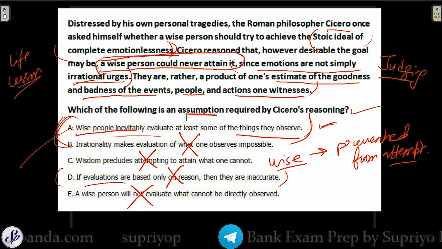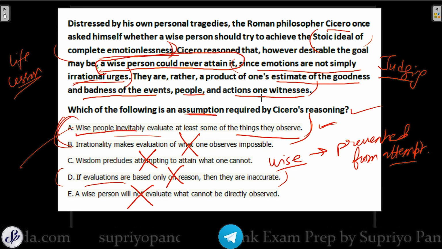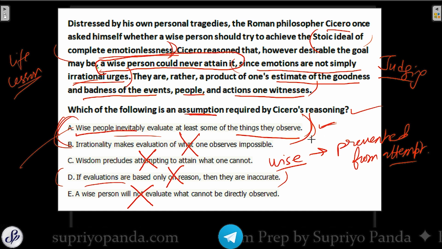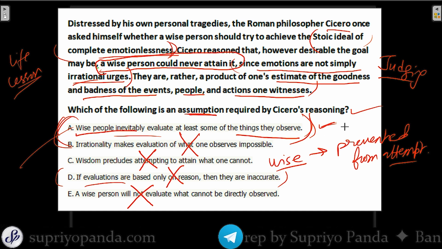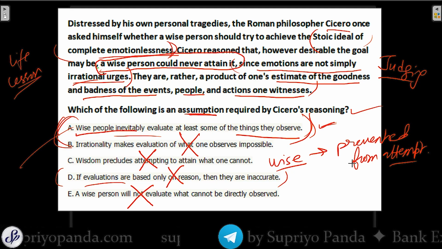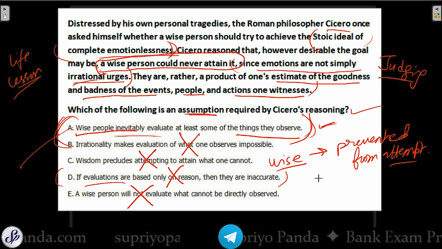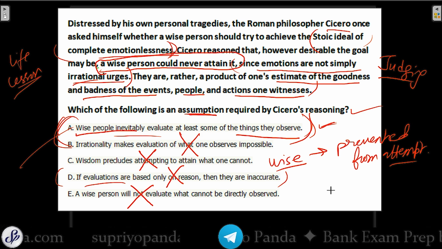So this is the answer, and if you have any questions about it, let me know. I will definitely try and help you out if you have any gaps in understanding, but you understand how we are going to tackle these questions. And in future sessions, if you want, we are going to have more of these kinds of questions, and you can see a few more examples of these things in play.